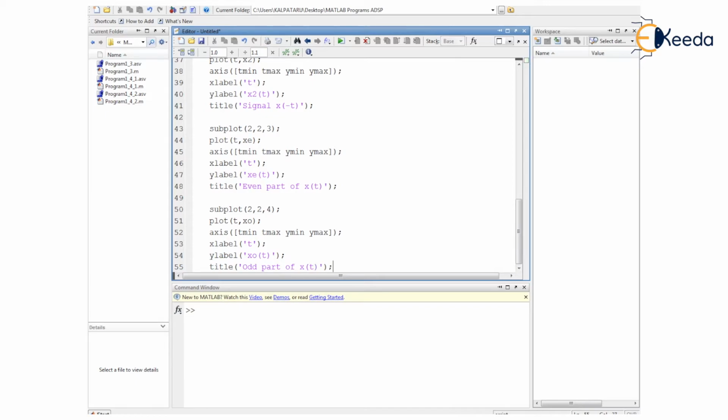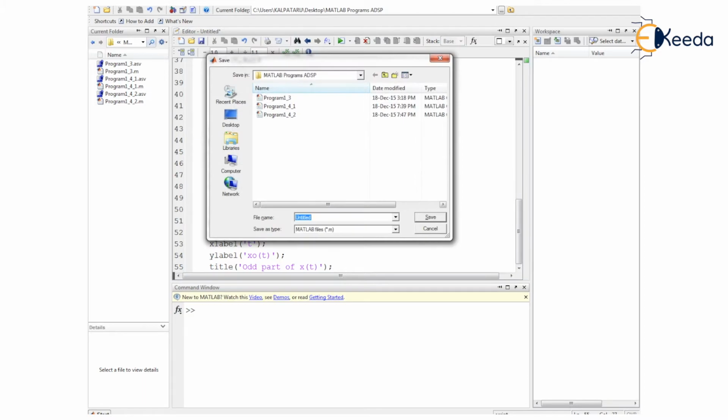Yes, so this much of script I think is essential, and now it is enough for determination of the even and odd part of the first type of the signal represented in continuous time domain here. So let us save this much of script. As this is the fifth topic here, the first signal we have generated and separated out with the even and odd parts.